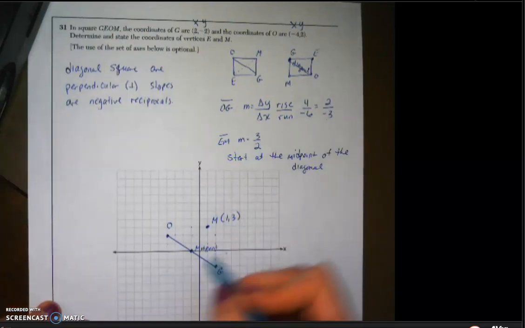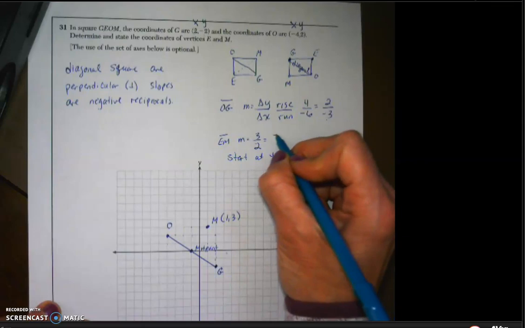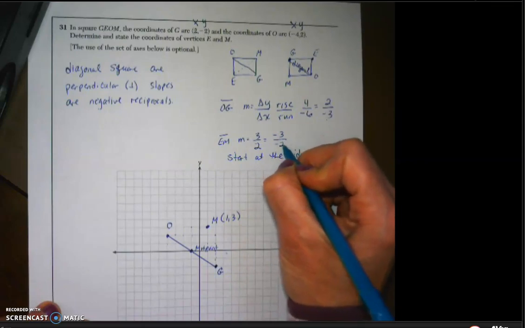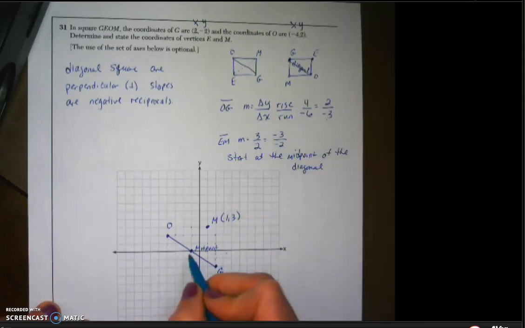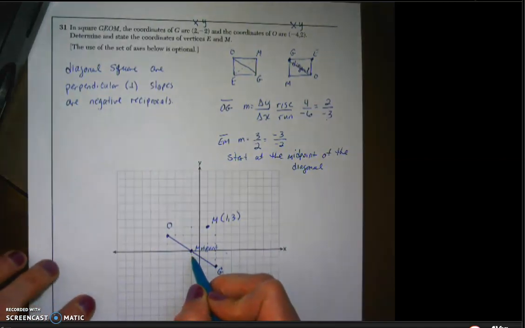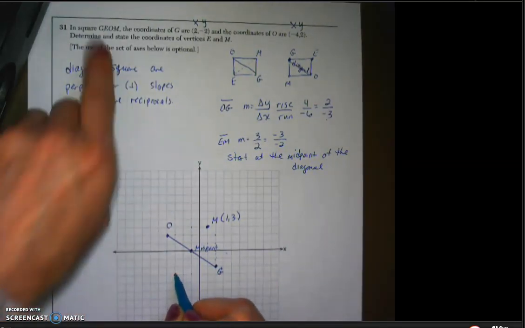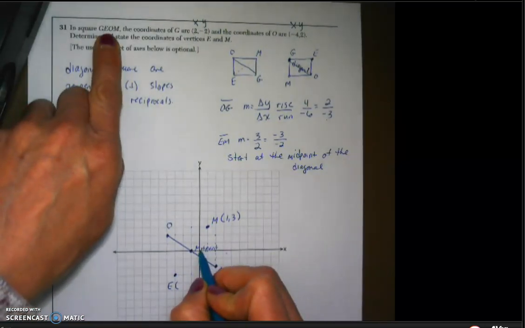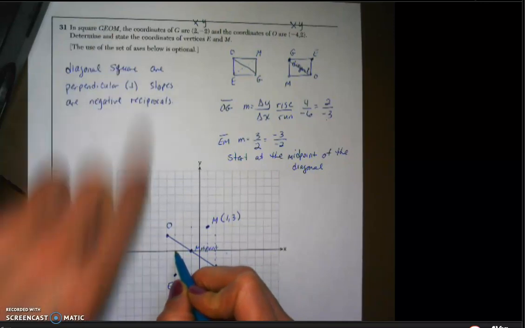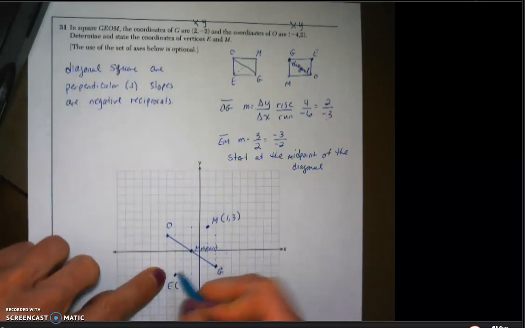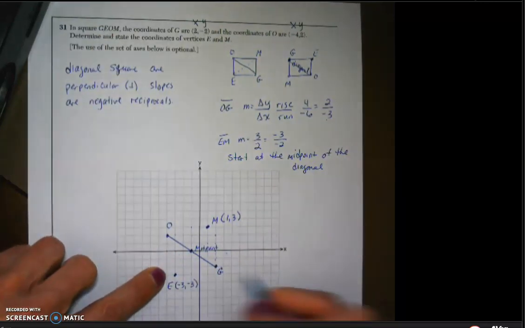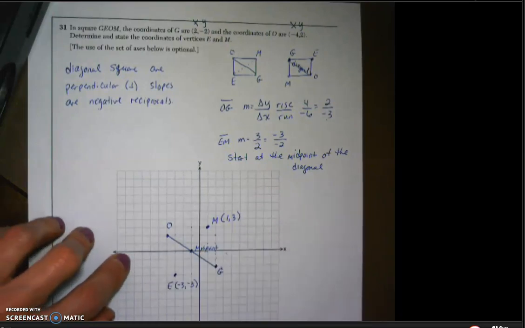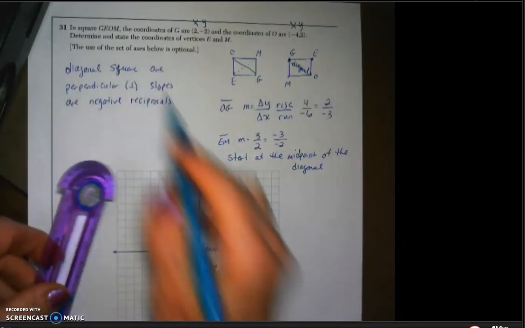And then in order to go the opposite way from the midpoint, we're going to go down 3 units on the y-axis and then over -2 units on the x. So we're going to go down 3 and then to the left 2. That's going to be the coordinates of E, which, starting at the origin, is -3, -3. Then we use our straight edge and connect G to E,